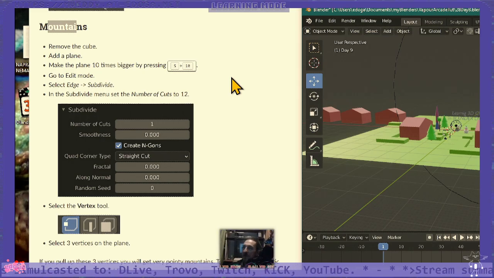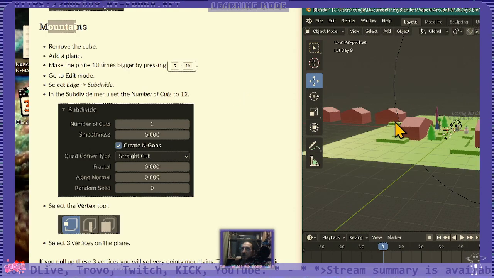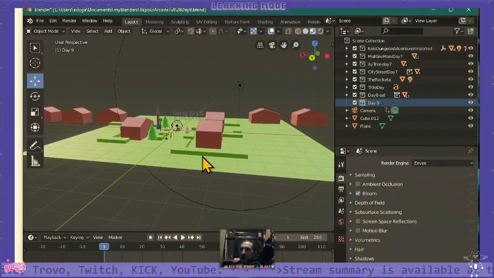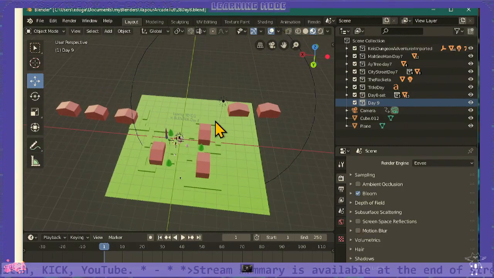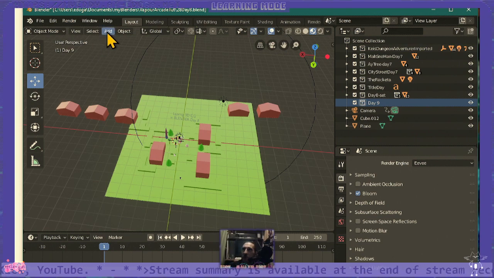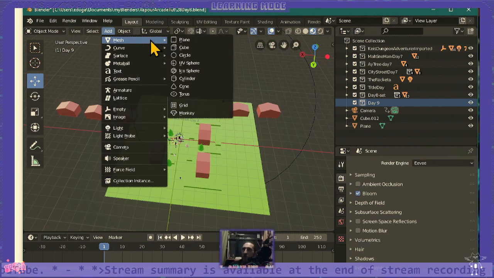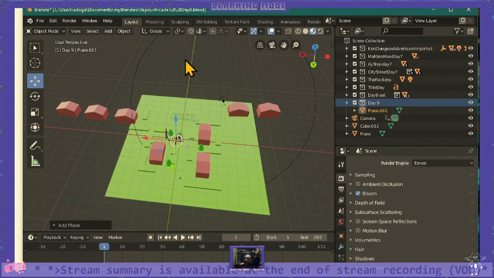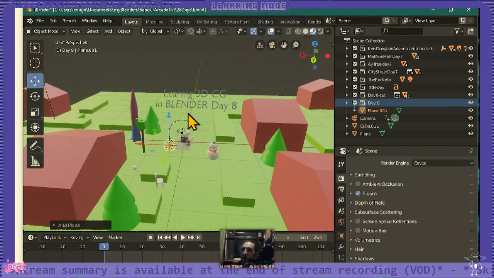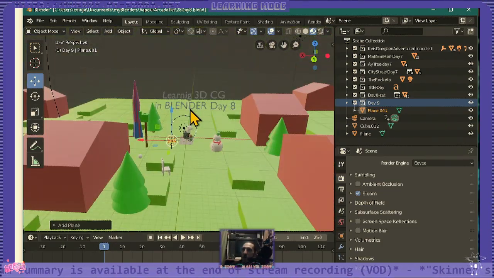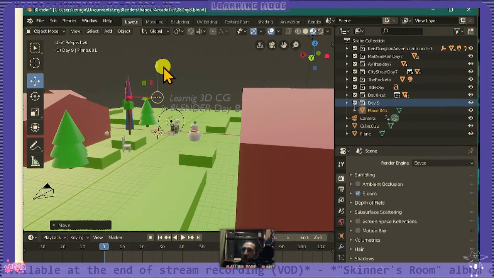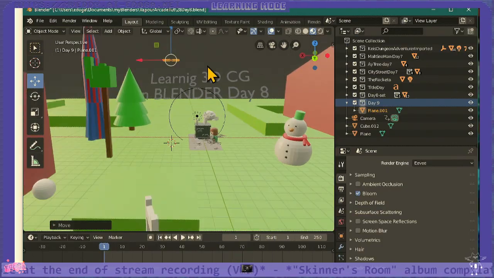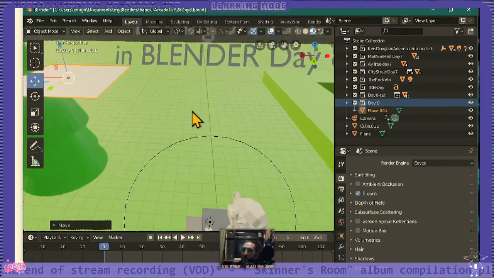Like resizing, scaling, scale plus 10. So if I would add a plane in this scene, like this, add mesh plane, which will appear at the cursor position, but here we have already this gizmo on it and it's selected,